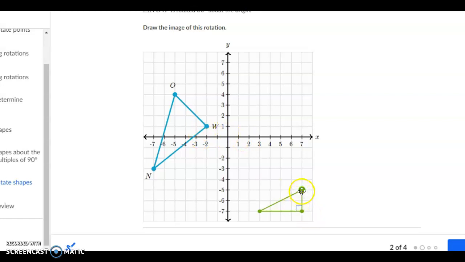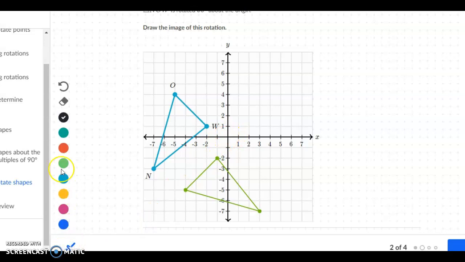Over 2, up 1, we'll take our first point, and we'll go down 2, over 1. This movement was 5, 4. So now we are going to go 5, 4. And this movement was 7, 3. So now we will move 7, 3. Each one of those points has moved from here and up to here and over because it was a 90 degree